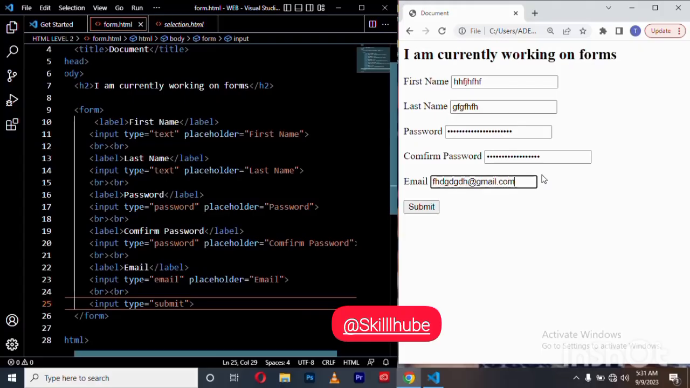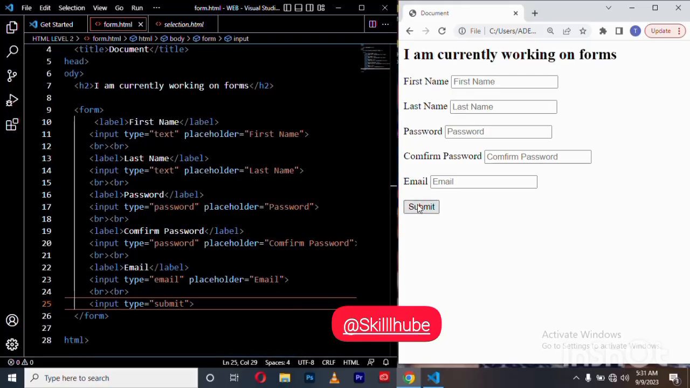All right, now if I click on submit, you can see it's supposed to take us to a next page, but I've not created any action for the submit button yet. Good. So now I want to